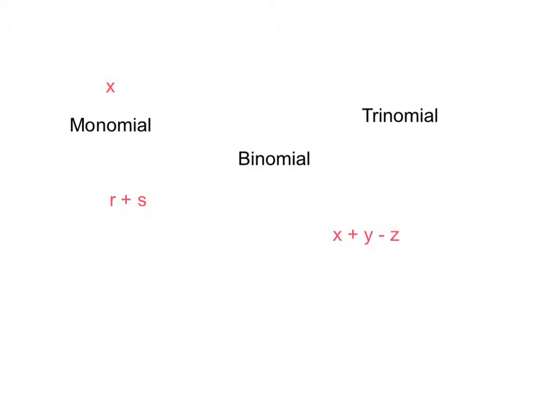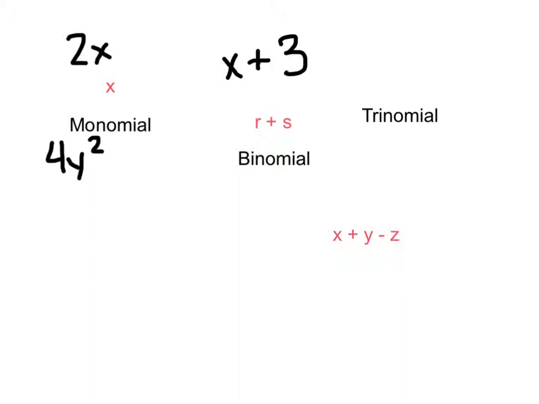All right, it could also be 2x, all right? Or it could be 4y squared, okay? That's still a monomial. What is a binomial? A binomial is something like r plus s, okay? We have either two variables or we have a variable like x and a number like 3, okay? Because they're separated,